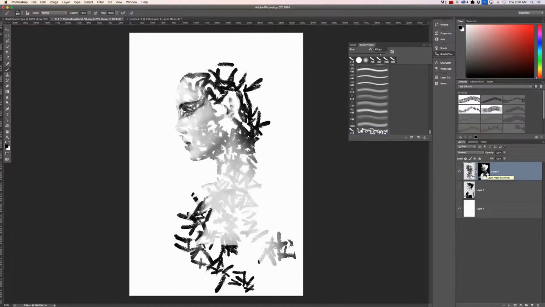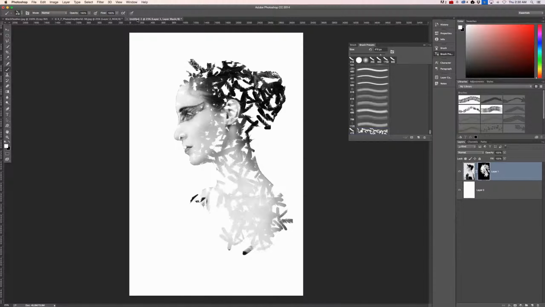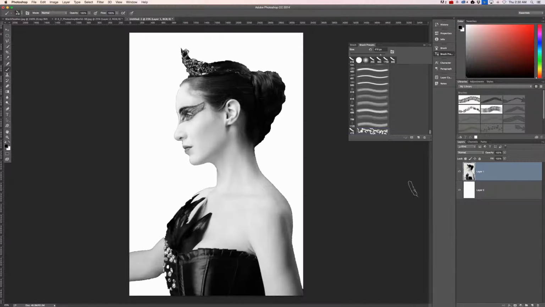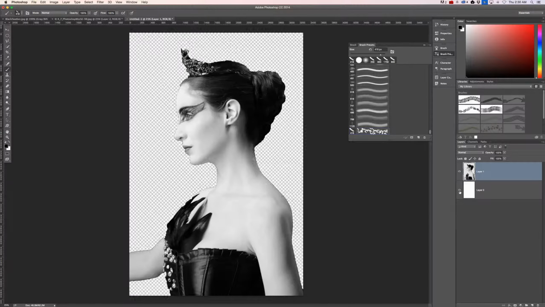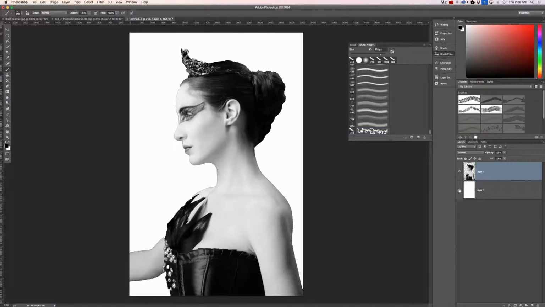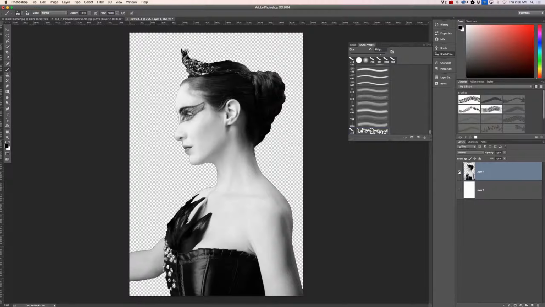I couldn't really find much difference in doing it this way versus just having an image with the layer mask. So let me just show you quickly these two methods. Let me delete this layer mask and I'll start from scratch. Essentially all I have here is a white background and an image that I had already clipped